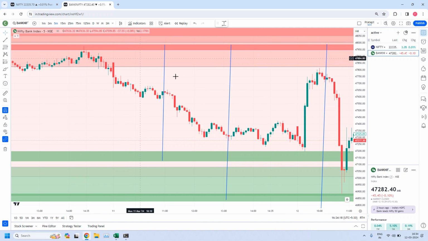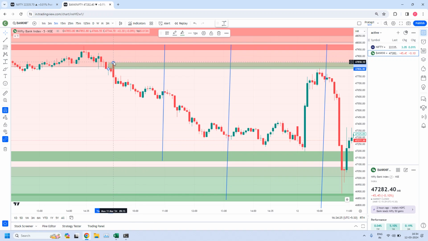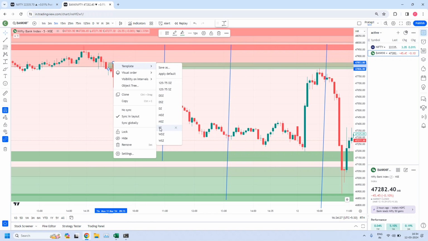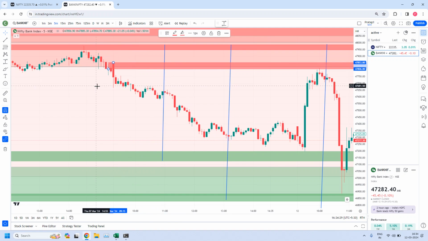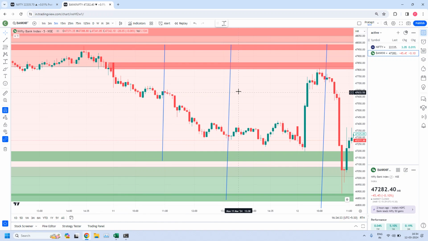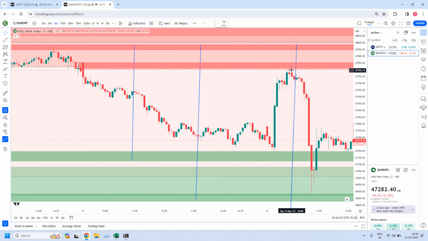Because this is a daily zone. At the daily zone, see here, you have a 5-minute zone confluence. Here we have the order flow. We have a drop, 2 base candles and a drop candle. Exactly today, Bank Nifty reached this daily zone where we have the 5-minute order flow, which pushed the